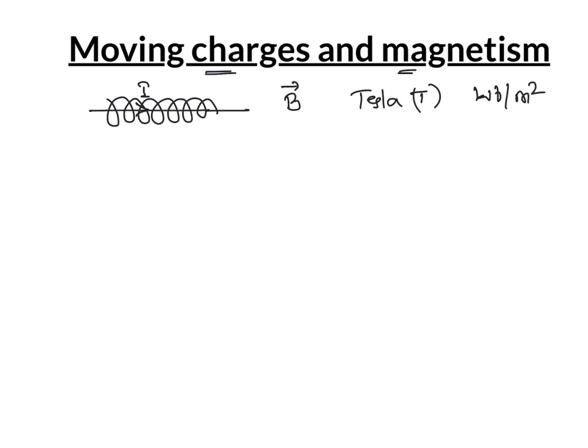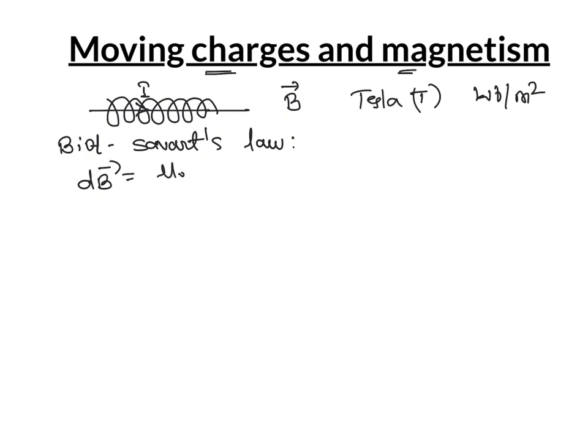After that you have studied Biot-Savart's law, correct? This is called Biot-Savart's law, which will give you the magnetic field due to a current carrying conductor at any point, correct? So that is the varying magnetic field dB. Let me denote it as a vector quantity, because magnetic field is a vector quantity.